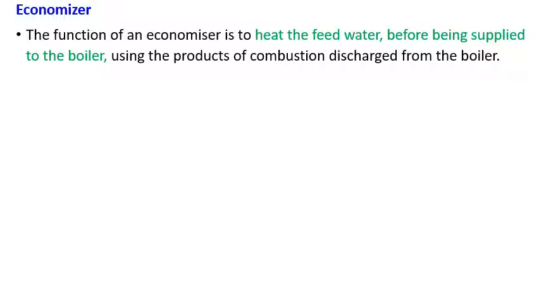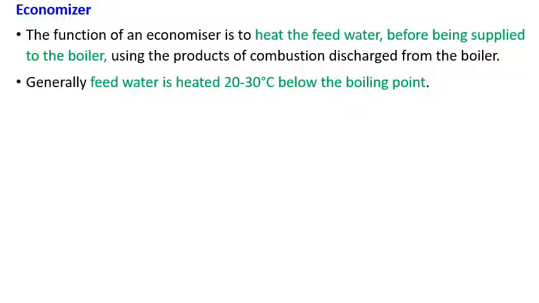I think we have discussed this in the earlier topic, but still, if the water is at 30° ambient condition, and I am supplying the water at 80°, that is a delta of 50° centigrade, I have to use some fuel to get that temperature. That can be avoided. One more thing is the flue gas, which is otherwise dumped into the atmosphere, and it is increasing global warming. I don't want to do that also. In both senses, the economizer plays a very important role.